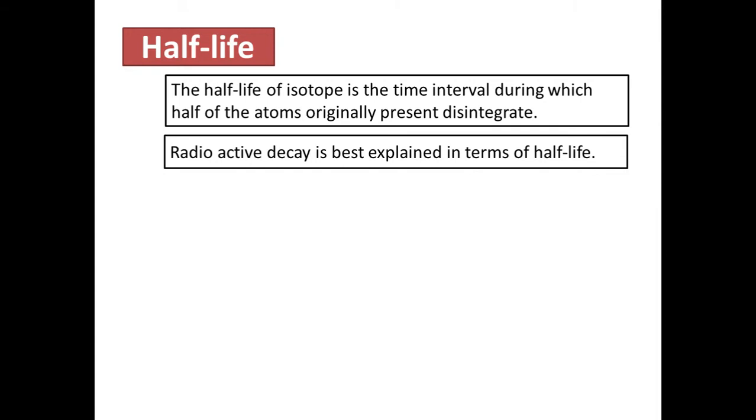So mag-i-increase ang kanyang atomic number by 1, pero yung atomic mass is still the same. So from 90 to 91, hindi ko alam kung anong element yung 91 dyan. Perhaps Pa, protactinium. So from thorium to protactinium,